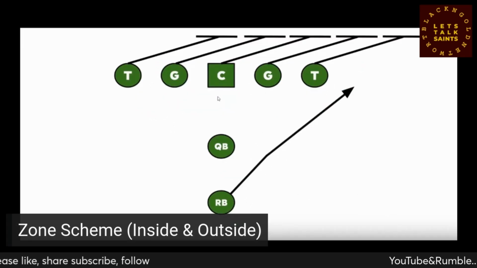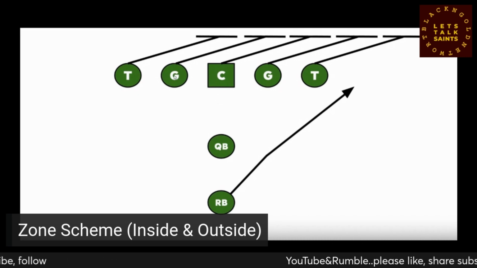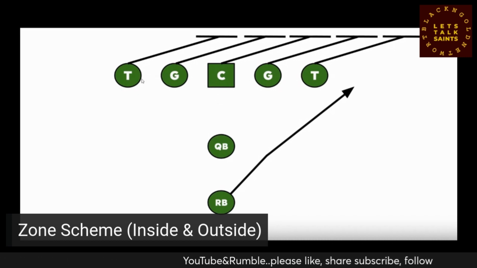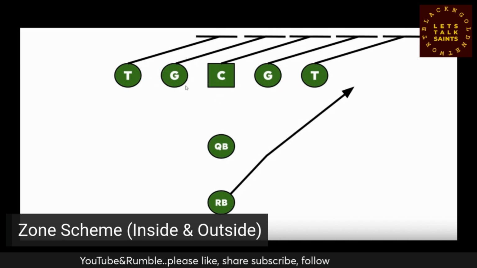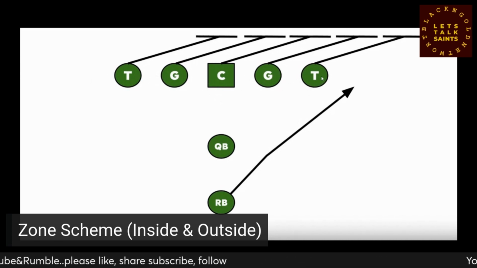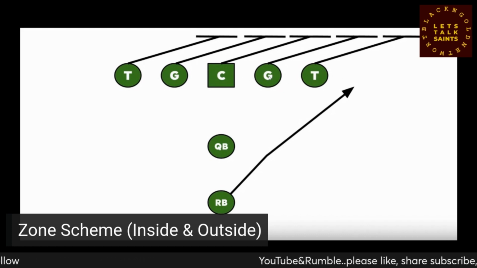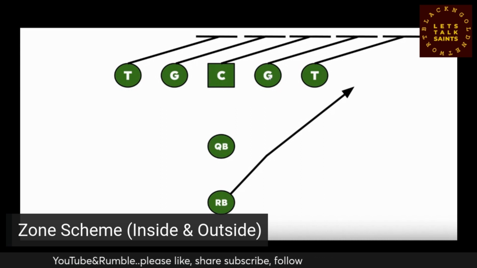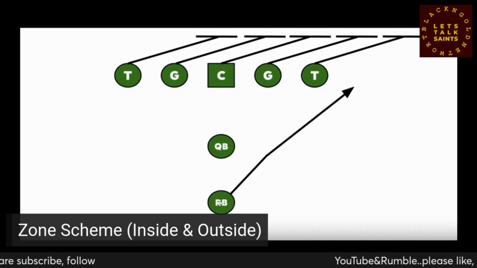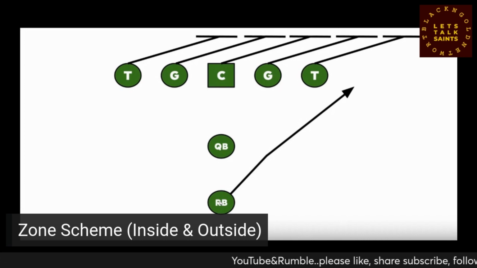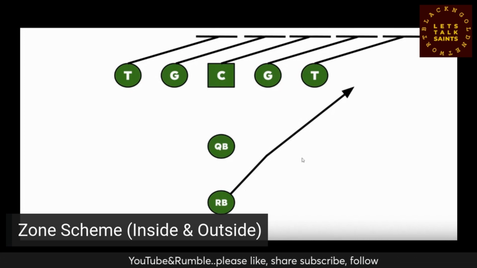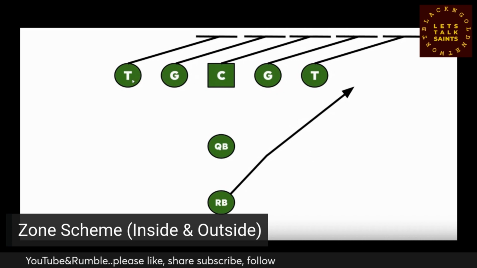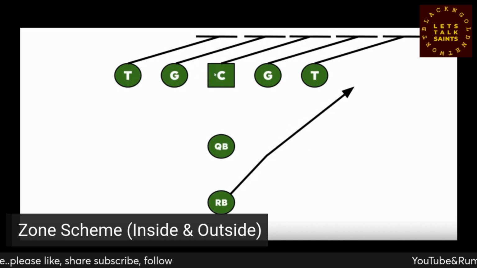It's slightly different when you're talking about outside runs, because this is more designed for the blockers to move more horizontally than vertically. In an outside run, the goal is specifically to get the defense moving side to side a little more initially. Once again, the running back is in the same realm of high responsibility when he gets the ball: this horizontal motion, getting the defense moving side to side,